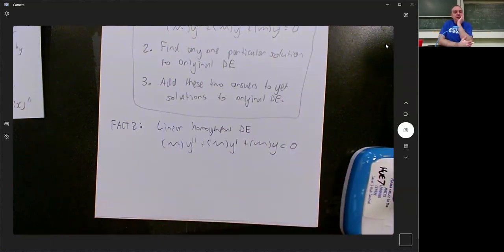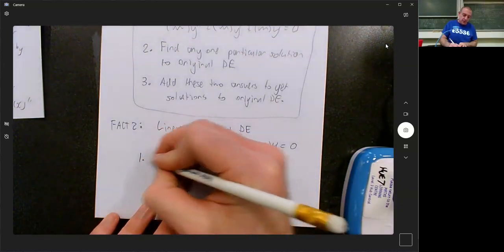A linear homogeneous DE will always have a two-dimensional solution space from a linear algebra point of view. So what that means is that there will be two functions that are both solutions to this, and all the other answers will be a linear combination of them, some number times the first one plus some number times the other one. So the first thing you need to do is find